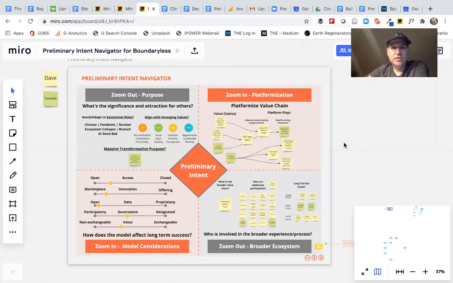The zoom-in upper right quadrant represents the orange spiral dynamics meme. The lower right quadrant, the zooming out around the broader ecosystem or the long tail, is the green community meme. The yellow meme is represented in the lower left quadrant around considering different ways to model ecosystems. There are many different ways that you can do that depending on how you're thinking about it.